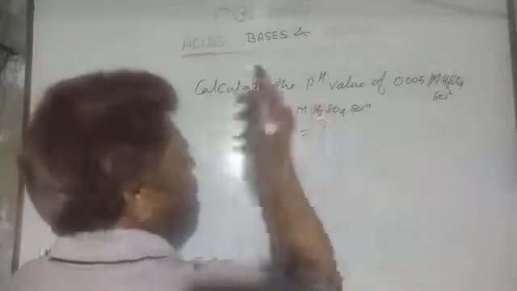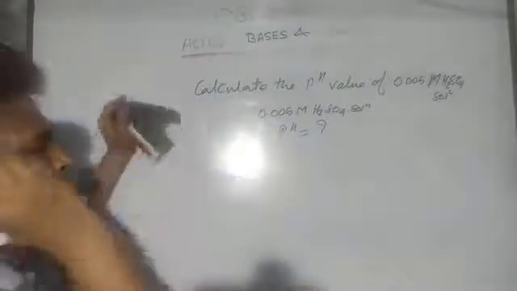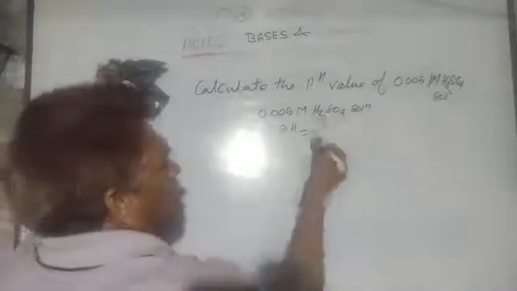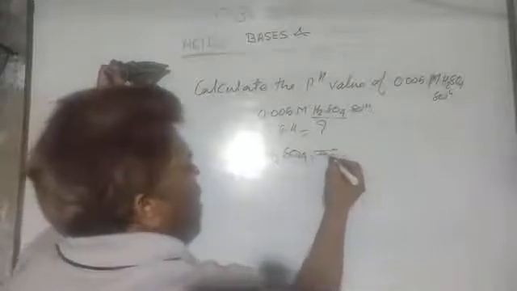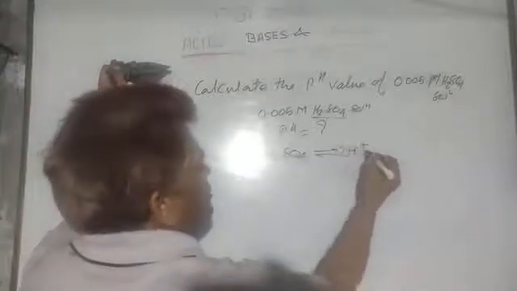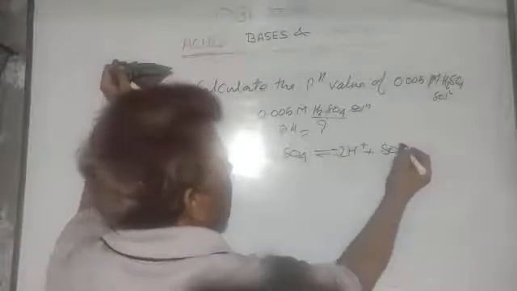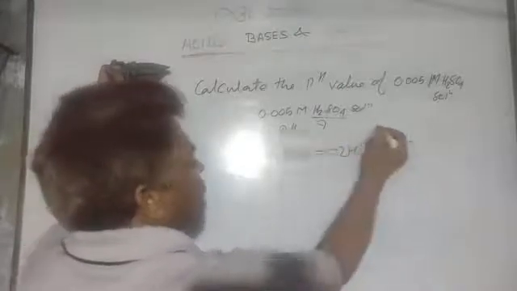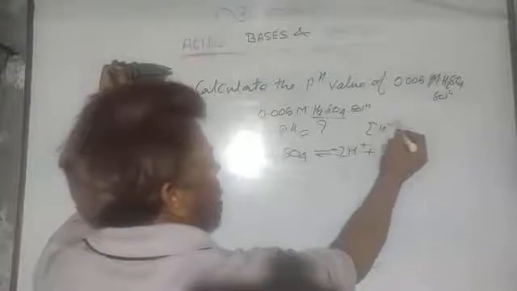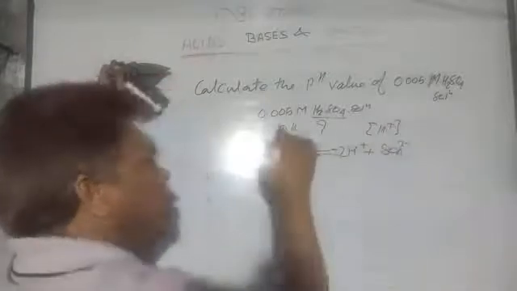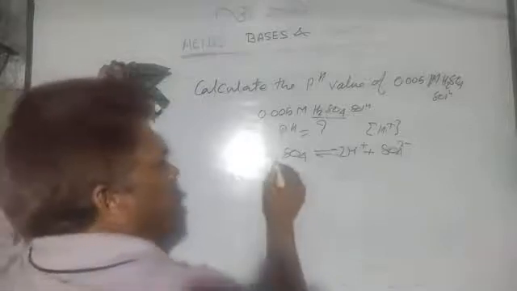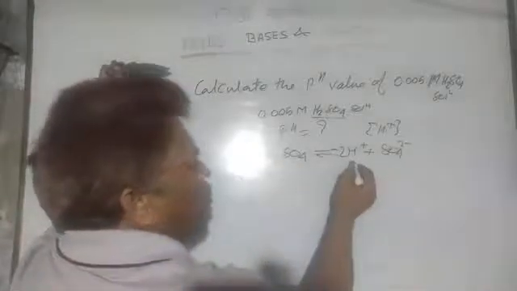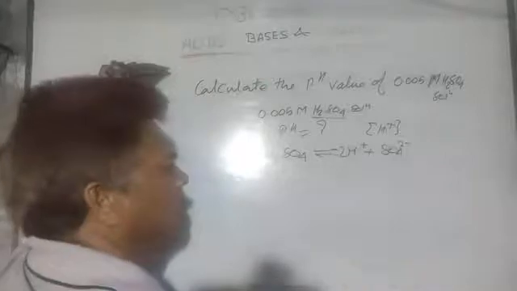What is the value of pH of this solution? So how can you solve? First of all, you ionize that one. Sulfuric acid H2SO4 is split into ions as 2H plus and sulfate ion. Because in pH value you have to know the hydrogen ion concentration first, then you have to put it in the formula pH value, then it will be easier. So H2SO4 dissociates into 2 mole of H plus and 1 mole sulfate ion.